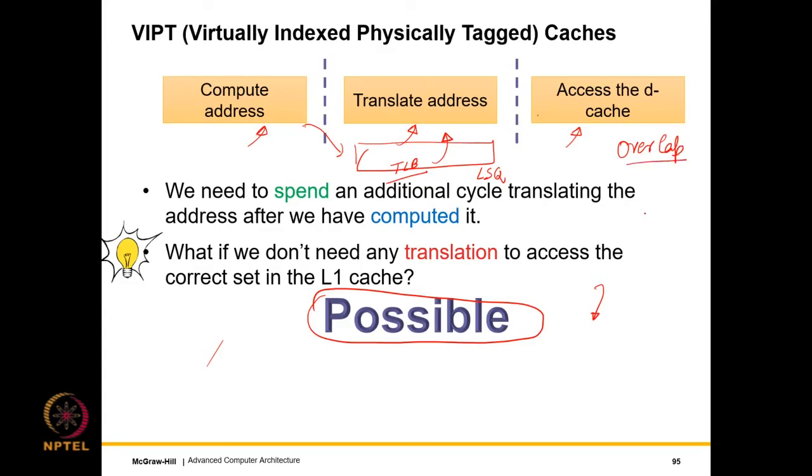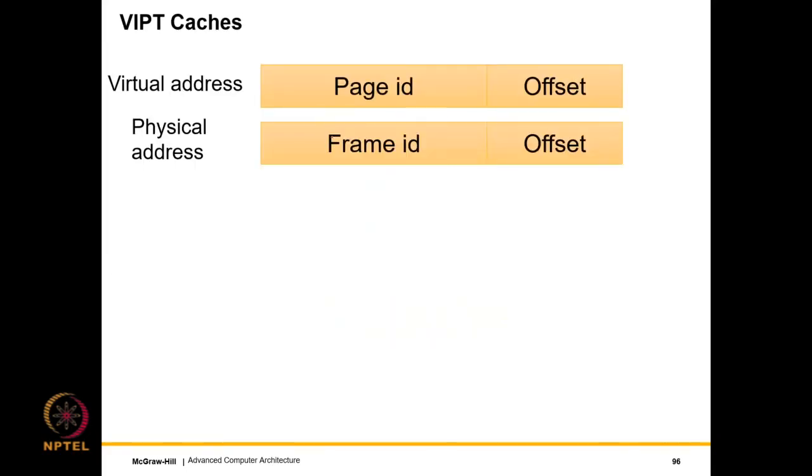So now we see that there is a fundamental trade-off here between performance and correctness. We would, of course, not want to compromise on correctness, but we would also like to use the virtual address in accessing the Dcache. So let us see how to do it. In some cases, we can get away with it. So where can we get away? Let's understand this process in some detail.